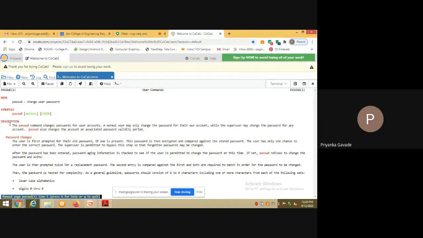What does the description of this command tell us? The passwd command is used to change the passwords for user accounts. A normal user may only change the password of his own account, but not the entire system's accounts. Changing the password for the entire system can happen only if you are a super user.